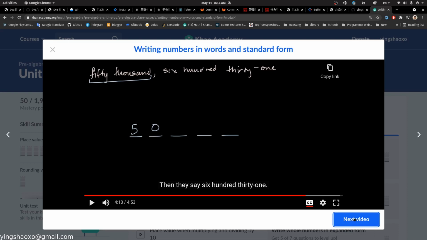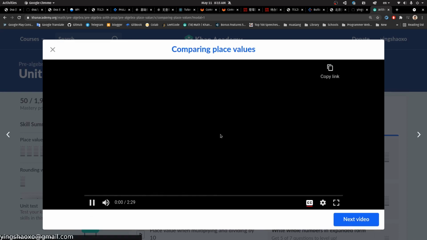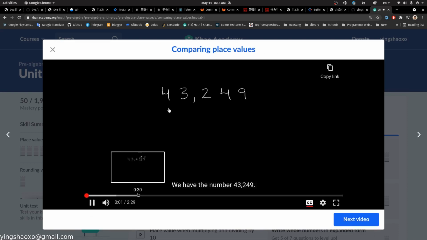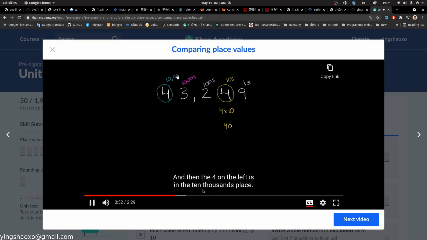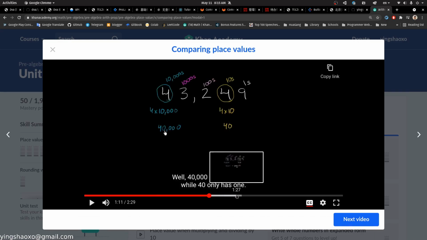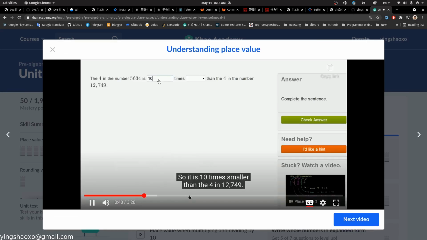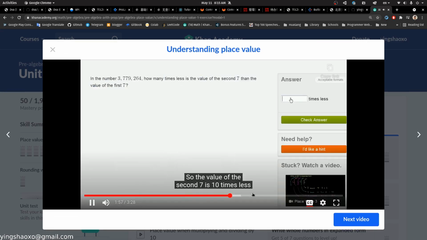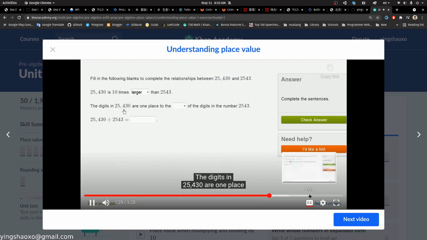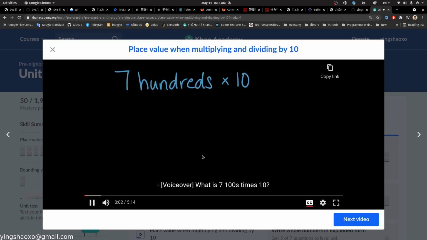So let's go to the next one. I probably do not need to do this anymore. Literally represents 10,000. Yeah, it's like second nature for all those kinds of problems. The 10 times value of the first 7. 10 times less. 25,400. We're going to take 25,430 and what is 7 hundreds